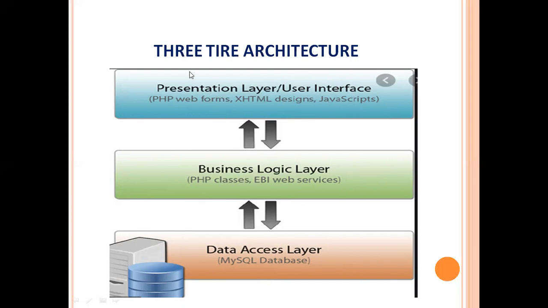So what are the advantages of this three-tier architecture? First, it provides security, because the clients are not accessing the database directly. The second one is that it provides scalability. Scalability means more clients can be used here. Coming to the disadvantage, the maintenance is somewhat high when compared to the two-tier architecture. It takes a lot of maintenance when compared to two-tier architecture.